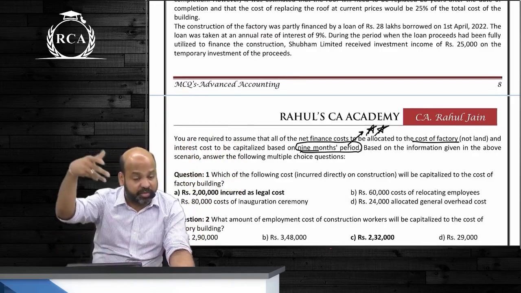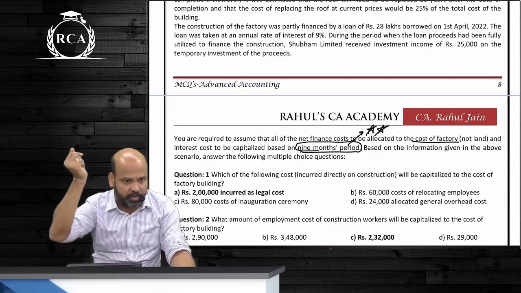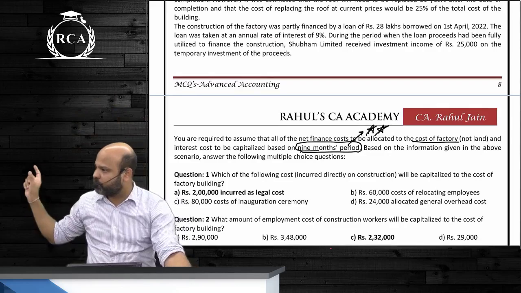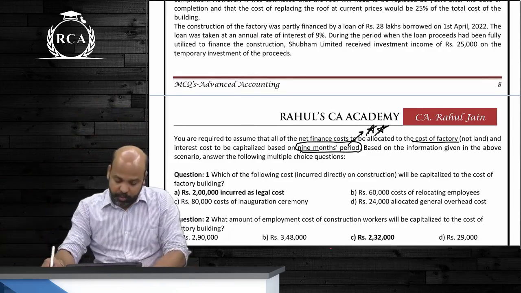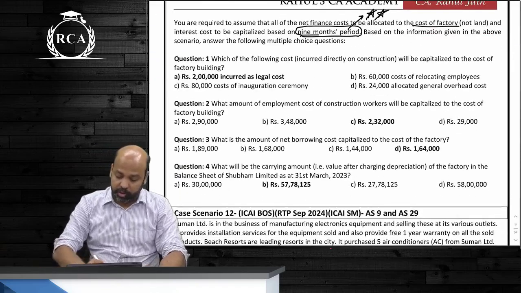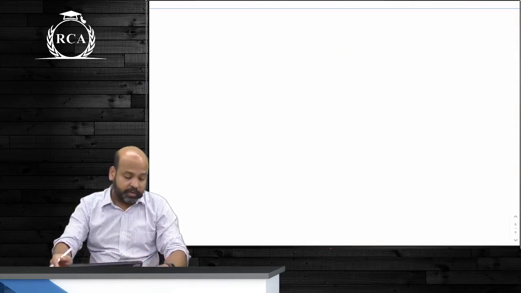We will have to assume that though physical construction commenced on 1st May, they must have started other works on 1st April only. We are not going against the question. The question says 9 months. We will have to capitalize for 9 months. Let us write this proper answer, guys. I want to arrive at the exact cost, because they have asked directly for written down value, for which you should know the exact cost, guys.